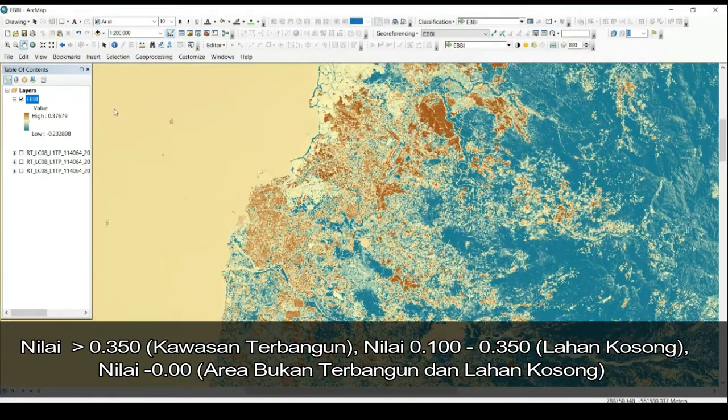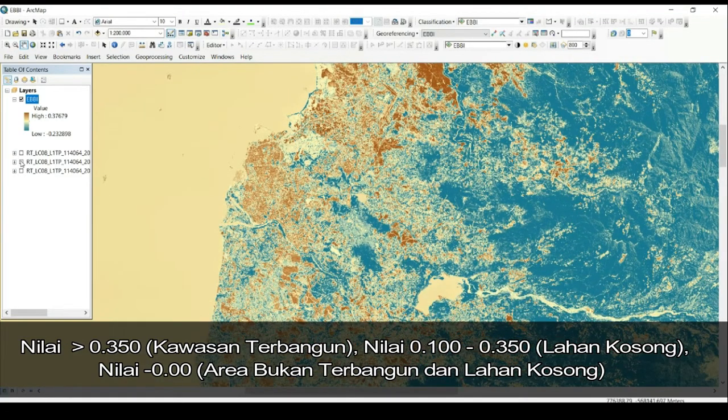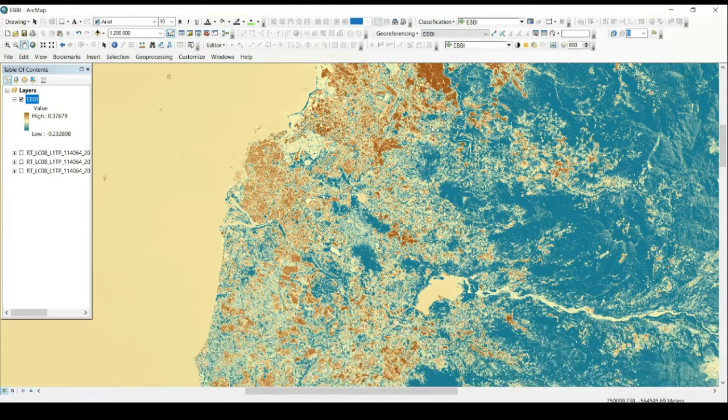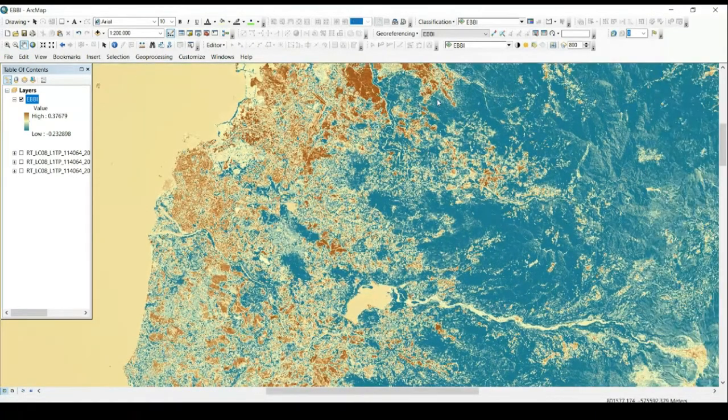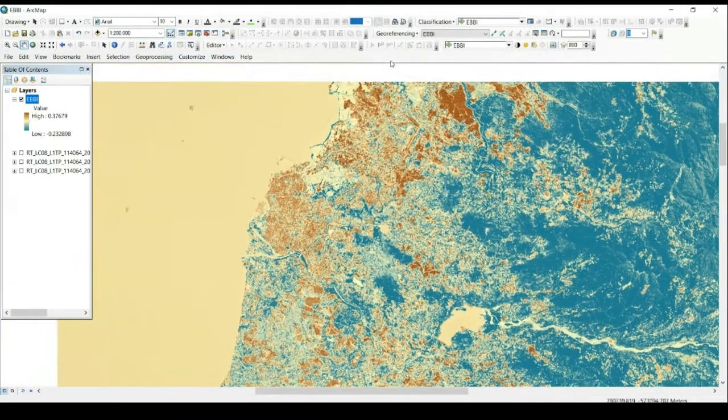You can see this is the built-up area, and then the yellow one, like this here, corresponds to barren land or open land, while the blue one, or the low value, or the negative, is the vegetation. So you can see this.